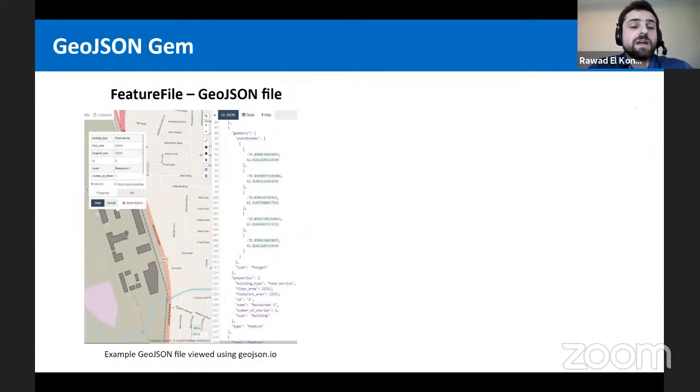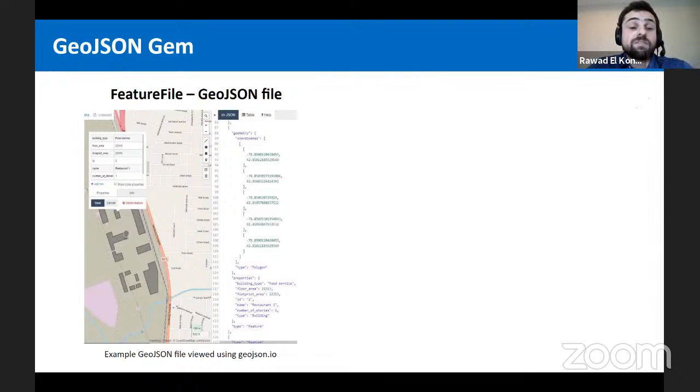So now we have defined these terms. URBANopt will support many types of feature files, because these feature files can come in different formats. The first format that we are supporting is the GeoJSON format, which is a standard format for storing geographic information. What we did is we took this GeoJSON file and extended it a bit in order to include the specific attributes and features that we want, for example, building attributes such as building type, floor area, and footprint area.